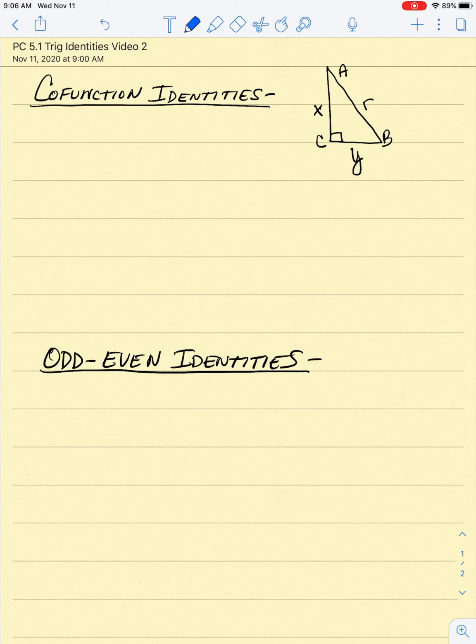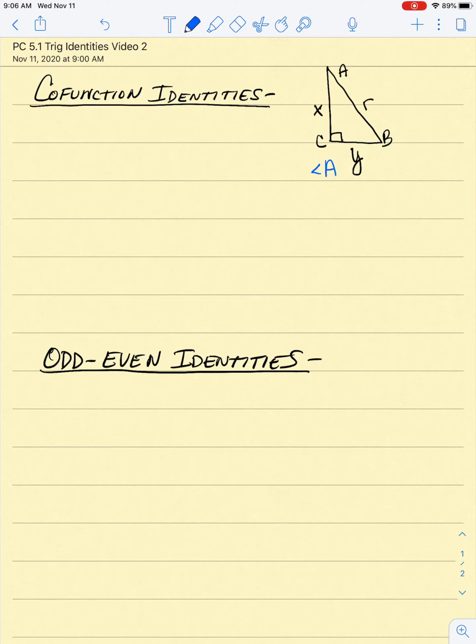Starting you off with the cofunction identities, okay? Just a little idea over here. I've put in a little right triangle, ABC, with side lengths X, Y, and R. And I wanted to take a sec and do a little explanation about what these cofunctions are going